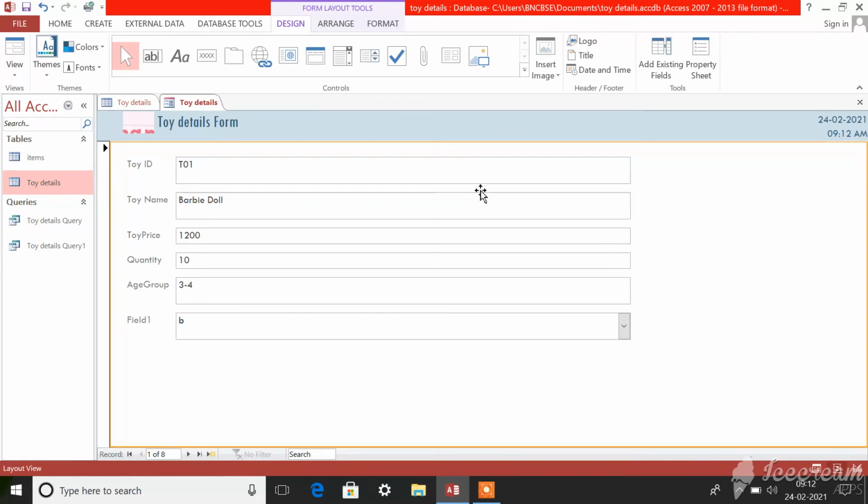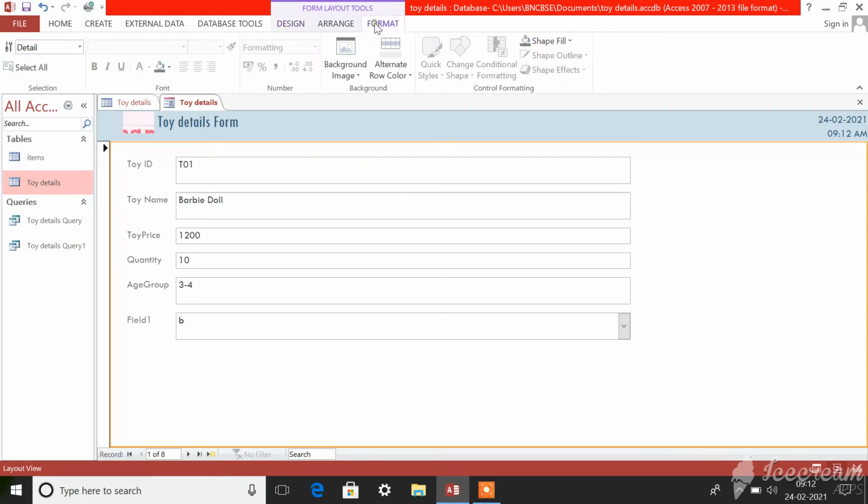Then after this you can go to the format option. Click on the format tab, and in the format tab you can set the background for your form. You can also set a font color for your form. So you have to click the font color.